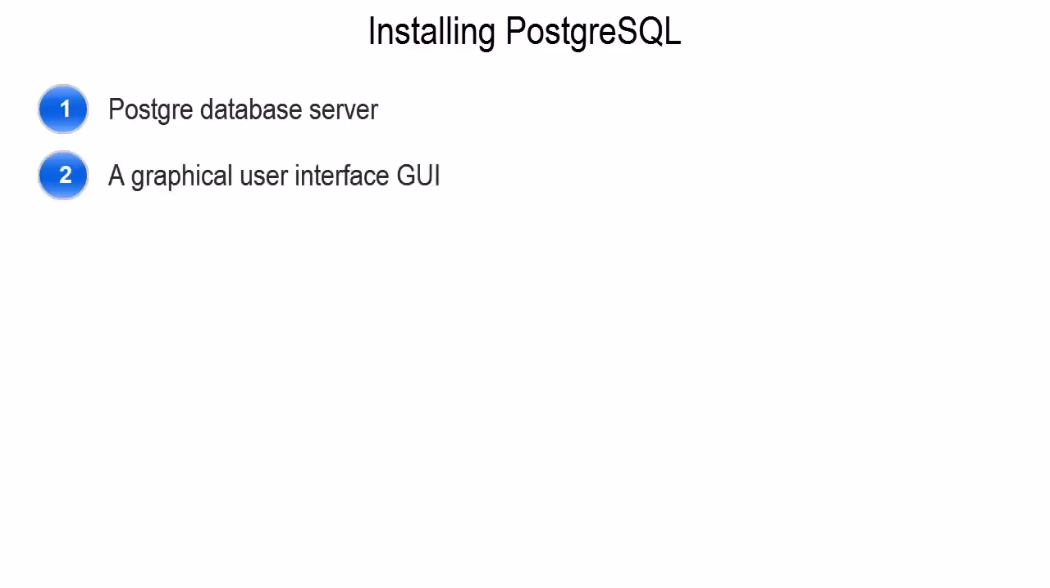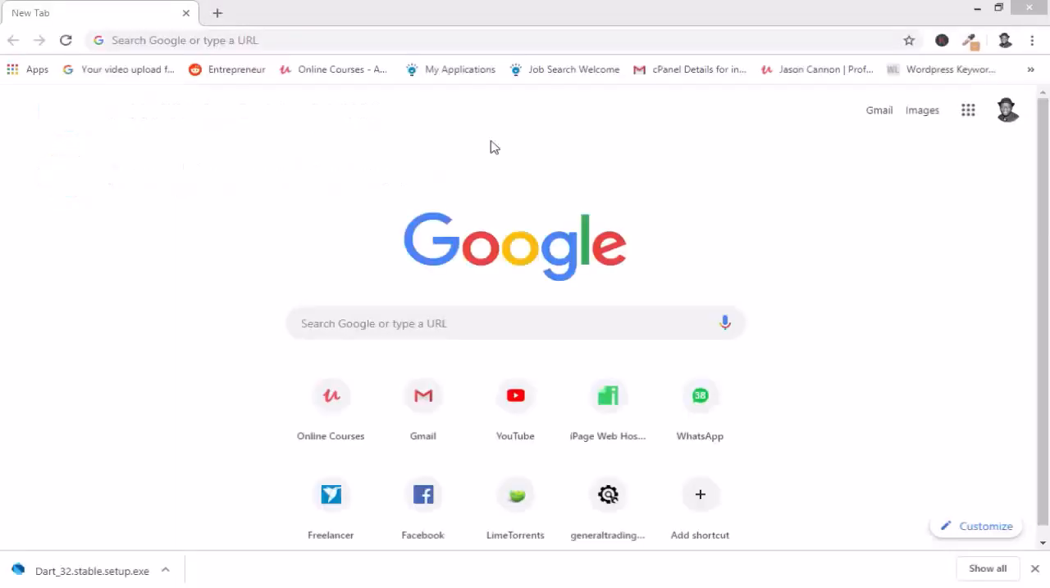I'll be guiding you on how to set up PostgreSQL on your machine. To use Postgres on your machine, you need to install the Postgres database server and a graphical tool to administer and manage the database. I will be using pgAdmin, which is the most popular graphical user interface tool for Postgres. So, to download Postgres on your machine, you need to navigate to